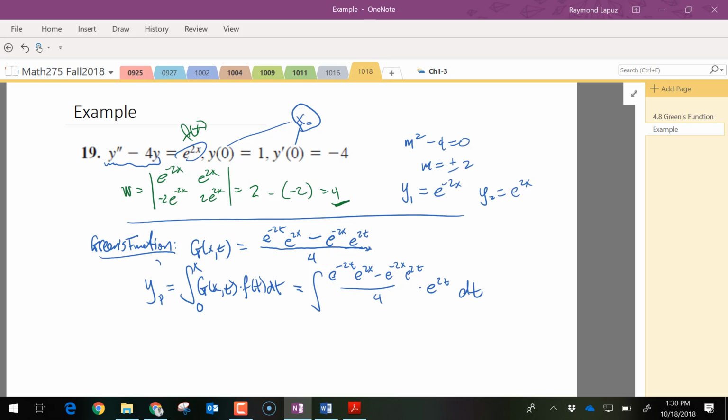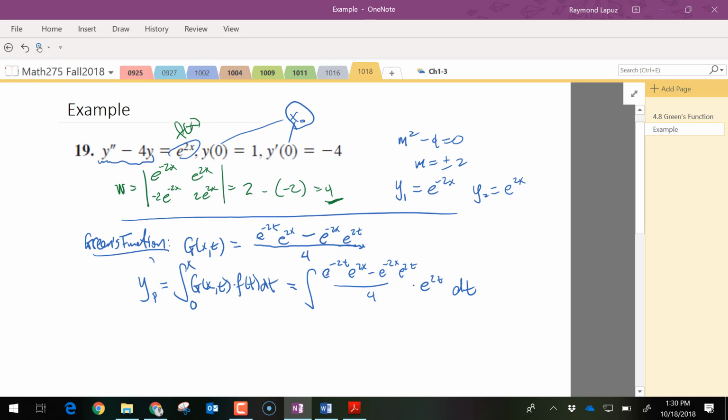So I might be interested in breaking this up into separate parts. There's a 4 in the denominator that's a constant that I can take all the way out, and then I can distribute the e to the 2t. So let's, oh yes, 0 to x. Let's take the 1/4 out and then distribute the e to the 2t. When we do that, we're going to get 1 times e to the 2x, which is constant with respect to t,